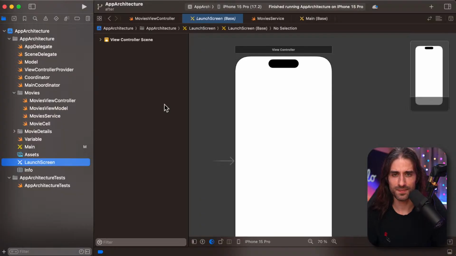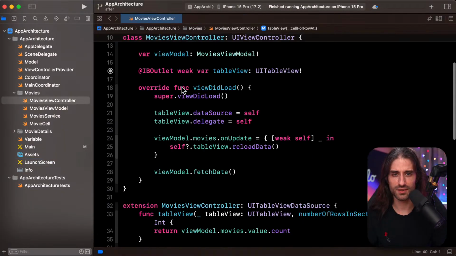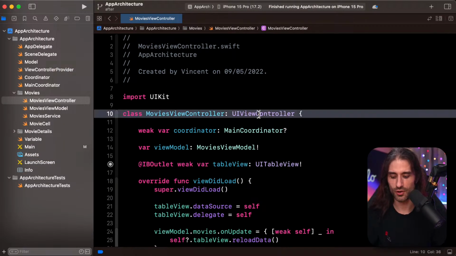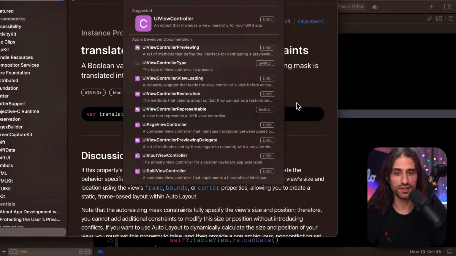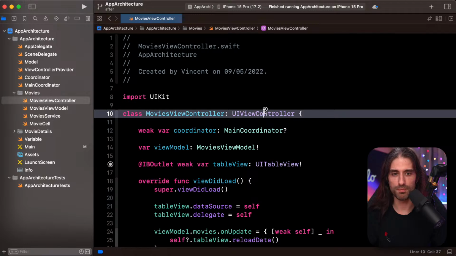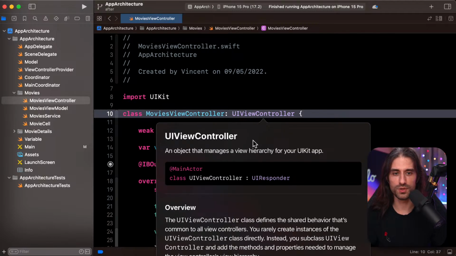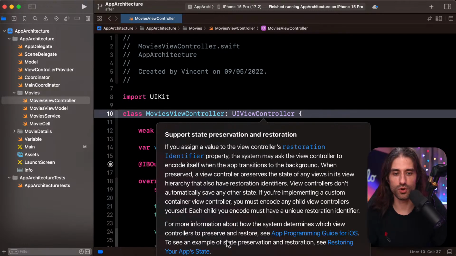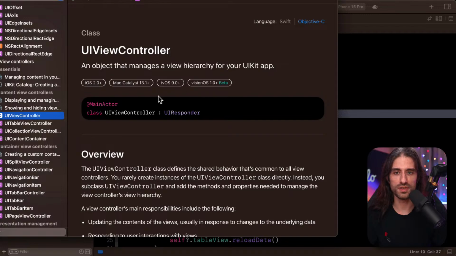So let's see. I'm gonna close all of this. So for instance, UIViewController. So Control Option Command and Shift. Okay, it does it. It opens the doc right at the right place. Personally, I've been doing Alt Shift a lot, and then you scroll down and then you do like open in developer documentation. So it also works.